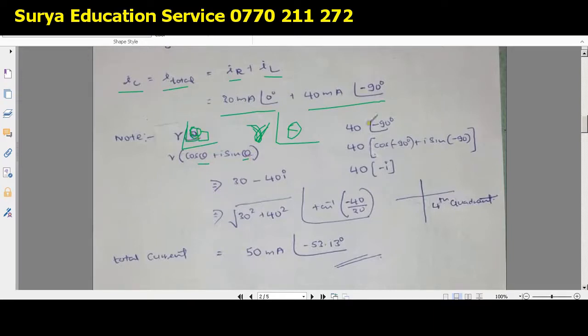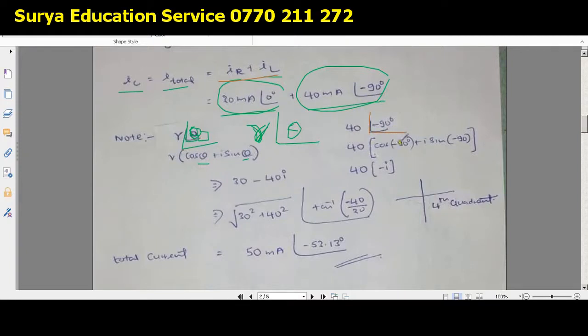Now as in our case, this is a real number, but to this real number we need to add this one, because we need to add two currents. It is not just 30 plus 40, which is 70. We can very easily do that, but we can't because of this phase difference. So we know this 40 is the modulus, the amplitude, the value of that current, but the phase angle is minus 90.